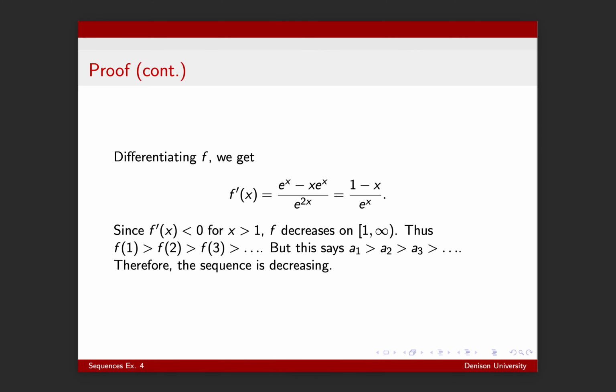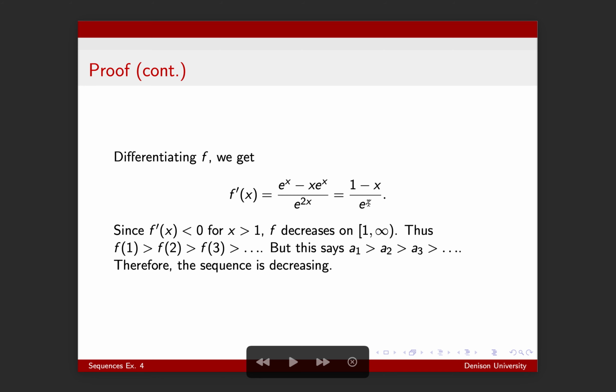So differentiating f, we get f prime of x equals (1 minus x) over e to the x. Since f prime of x is less than 0 for all x greater than 1, and we can see that by plugging in x equals 2, we get negative 1 over e squared. So this term is always going to be positive for x greater than 1. This term is always going to be negative for x greater than 1. Thus,